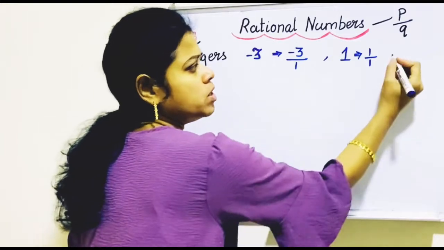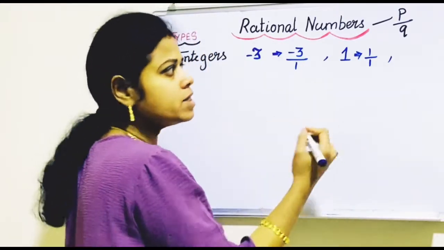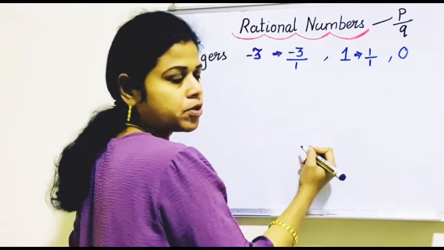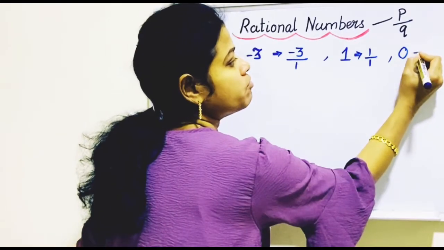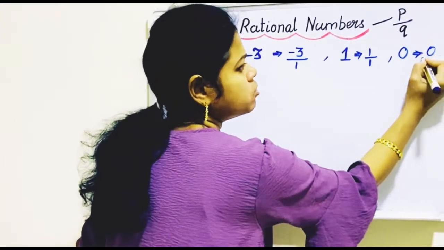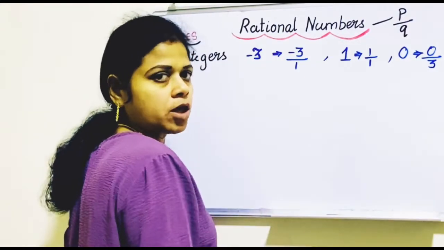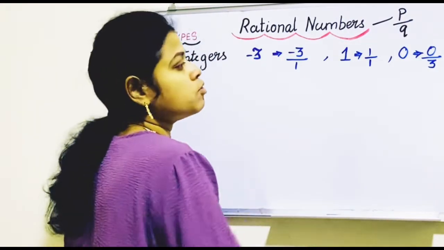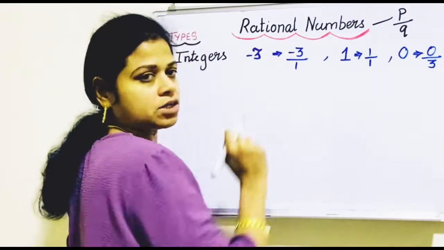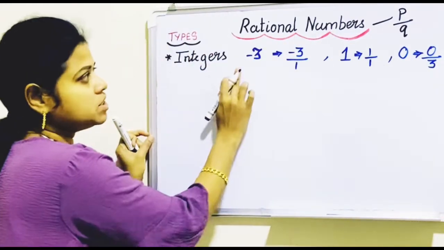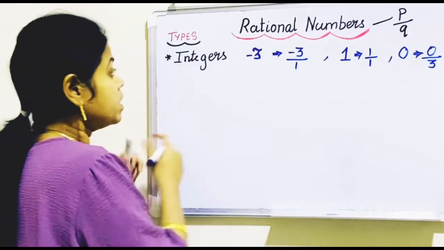What about 0? Is 0 a rational number? Yes, 0 is a rational number. You can write 0 in the form of p by q as 0 upon 3 or 0 upon 4 or 0 upon 5, anything. You can write it. So this 0 is also a rational number. So integers are rational numbers. Next type,